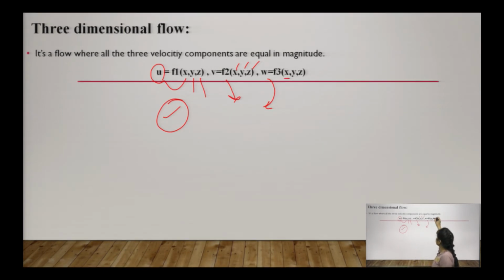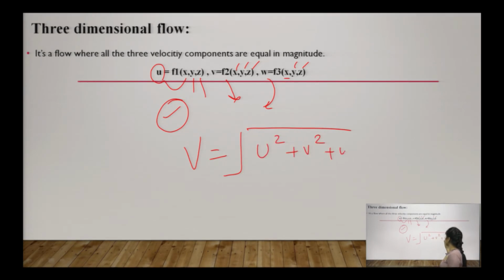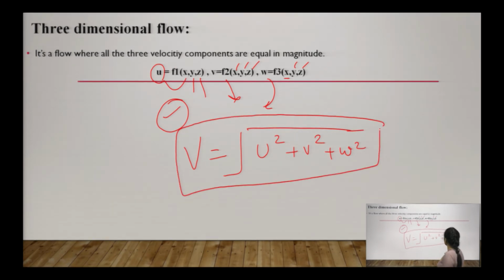The velocity vector in the z direction, represented by w, is a function of x, y and z. Or you can say we have an average velocity of the cross section with the resultant of the velocity component in the x direction, the y direction and the z direction. The resultant velocity, that is u, v, w, all these three components are equal in magnitude and cannot be neglected because their contribution is equal. Hence an average velocity can be found with the help of these three components, and this situation is known as flow in 3D.